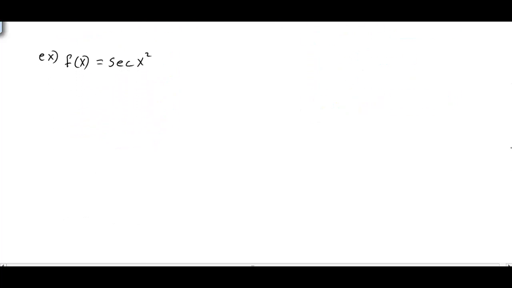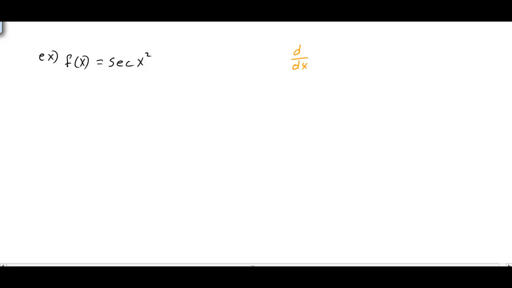All right, another example. Secant x squared. Now, what is squared in this problem? Well, the part that is being squared is only the x. The secant function is not being squared. And if you recall, the formula for secant, the derivative for our secant function